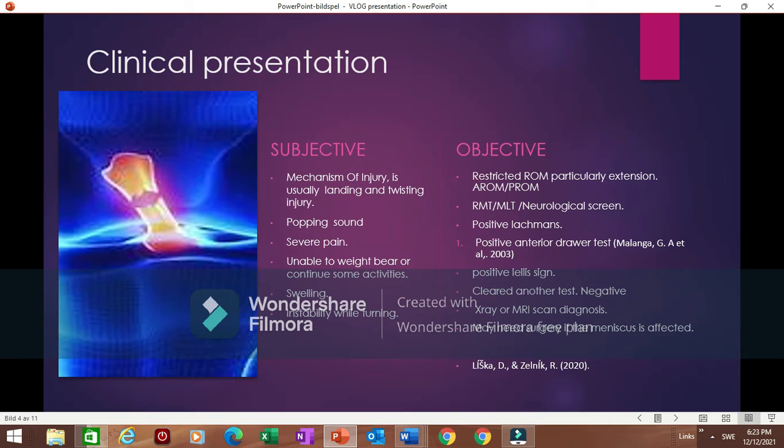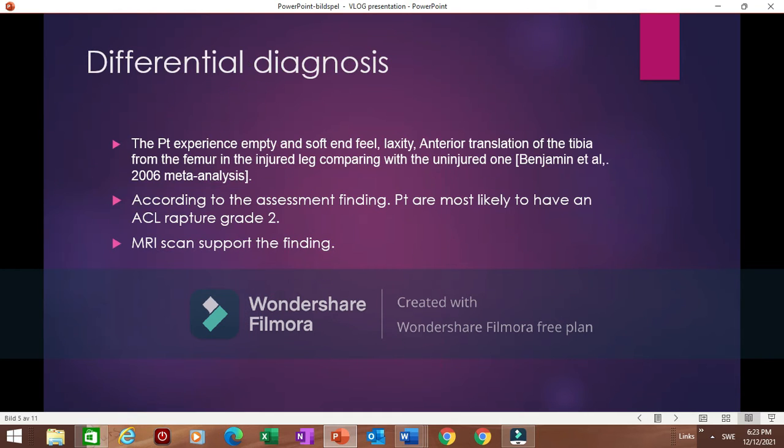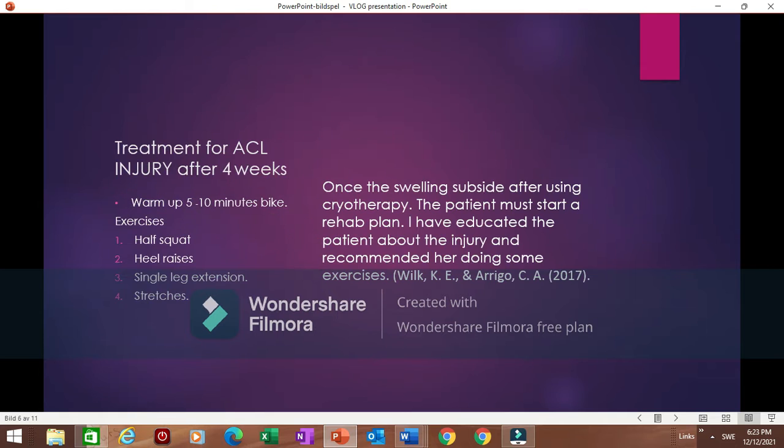So it can be a partial tear or a complete tear. In case the ACL is completely torn, the patient needs surgery to be fixed. In my case study, the patient has a partial tear, grade 2, that requires a complete rehab plan to recover. So for the differential diagnosis, after doing my special tests, the patient experienced